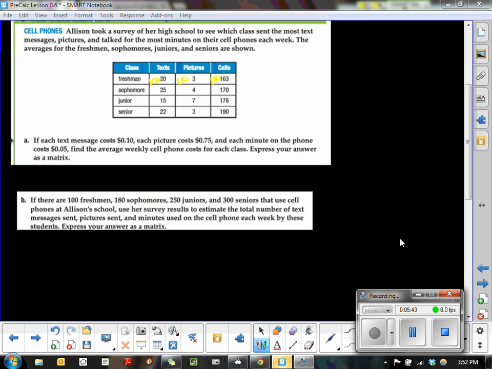The sophomore class, a little bit larger, we'd have to take 180 times each of their averages, and so on, and then we'd have to do 250 juniors. So what I'm trying to get you to think about is, how can we get the total amount represented by a matrix? What we want to make sure is we take our freshman class times our 100 that we have,